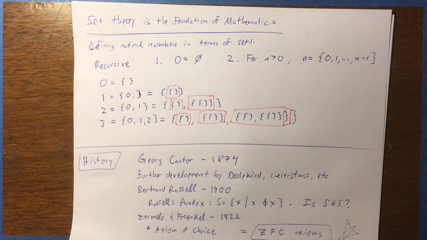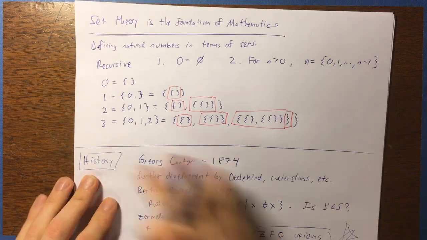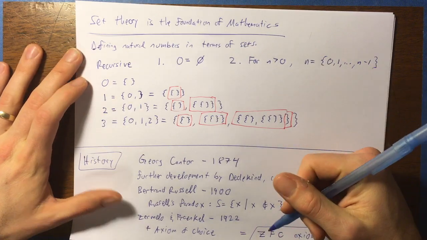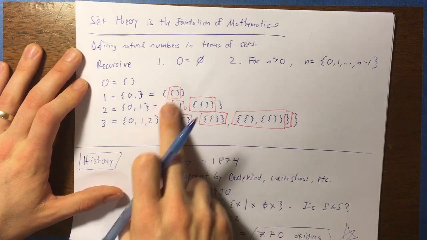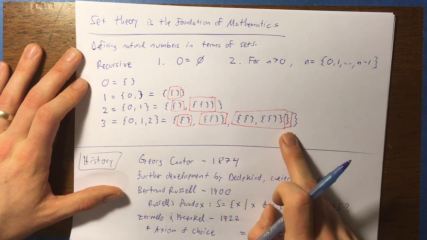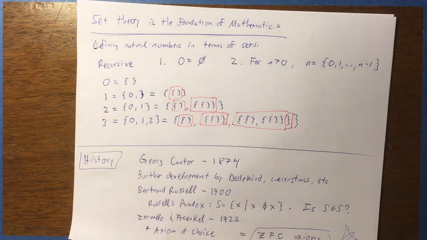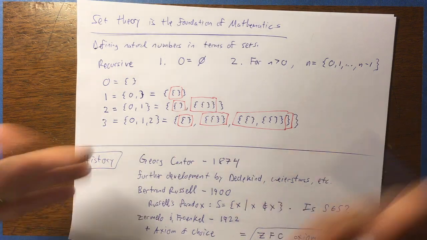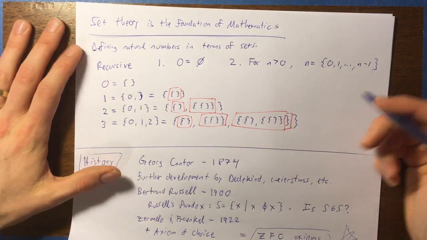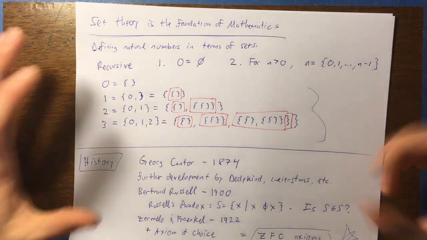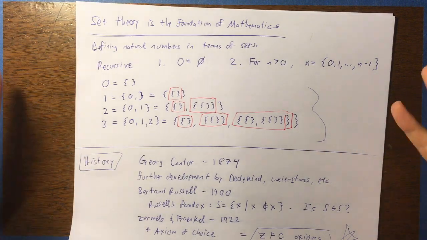I'm not going to write 4 because it's going to be pretty long, and 5 is a lot. I mean, 5 would take up like 3 lines. So that's how you define natural numbers. As you can see, this gives this crazy structure that's essentially just a bunch of braces, because everything is being built out of the empty set and then sets that contain the empty set and so on and so on. So in a way, numbers are created out of nothing. And I think that's just beautiful.